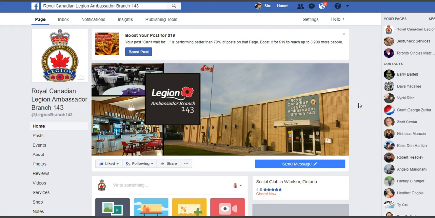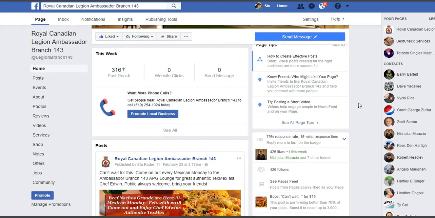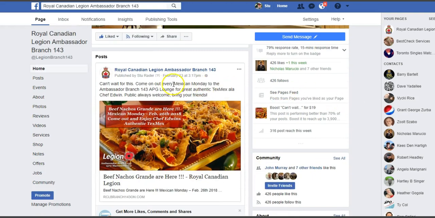If you don't have a business page, we can have someone help you get a good business page going on Facebook. But you probably already have one and you know how to do this. So you come to your Facebook business page and you write a post about what it is you're promoting. Basically, you're telling people, I can't wait for this, come out every Mexican Monday to the Ambassador Lounge for authentic